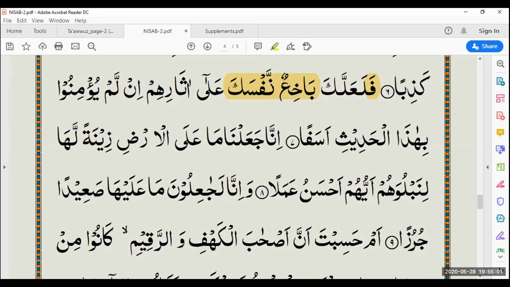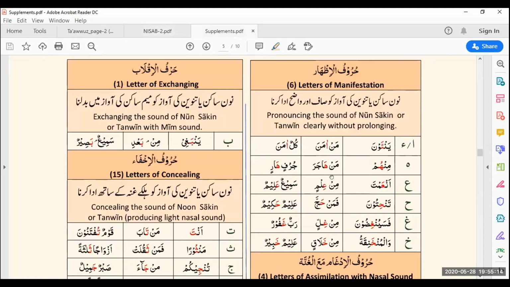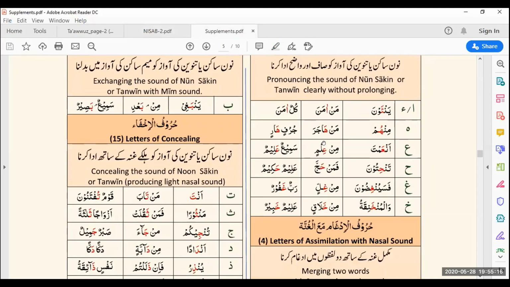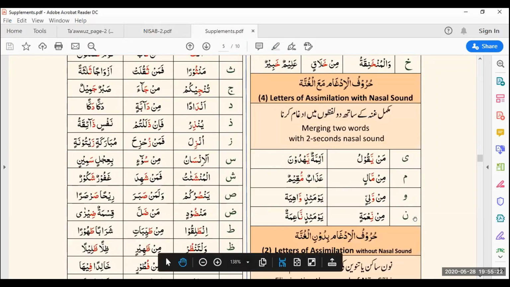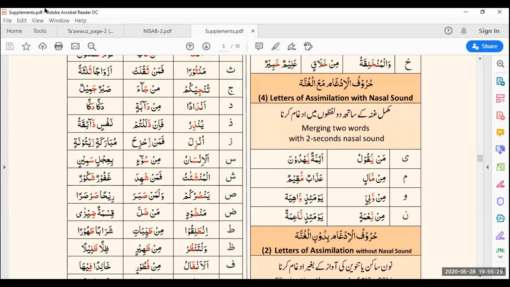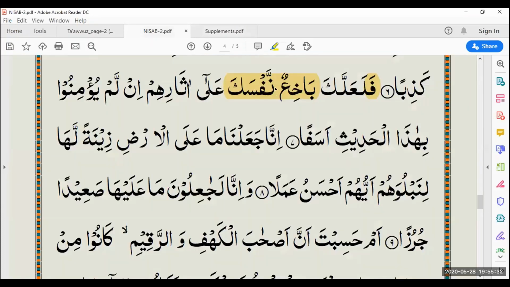It could be any letter, but the only thing we're concerned with is tanween. And the next step, in this case, we know that noon is a letter of what? Noon is a letter of idgham. Yeah, there you go. So if we go back to our supplements, you can see these are 4 haruf idgham, which are with gunna. So we have ya, mim, wa, and noon. In this case, we know that we have noon next after tanween. So this is idgham naqis. Well done, excellent.